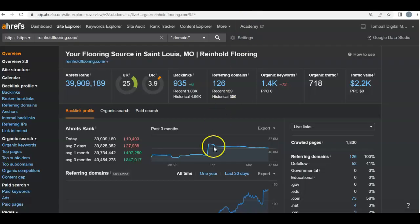So let's take a look at their backend and see how well they're doing. They have a UR rating of 25. Obviously, that's not doing too bad. You want them, like I said, in the 30s and 40s, so they have a good website. They also have only a DR of 3.9, so not very good. That means their backlinks probably aren't the most quality backlinks, but they have 395 of them, and they have a decent amount of referring